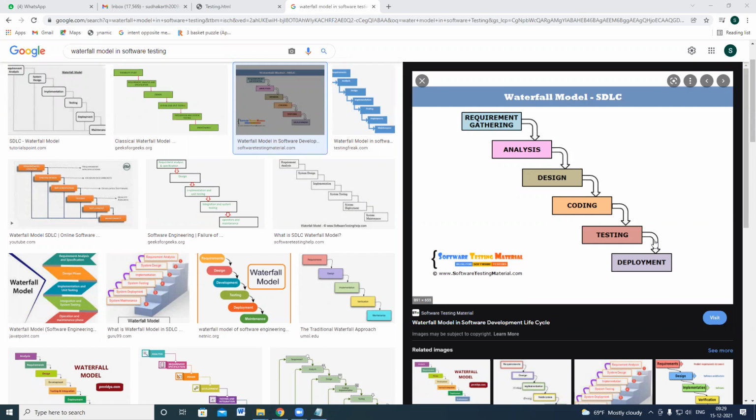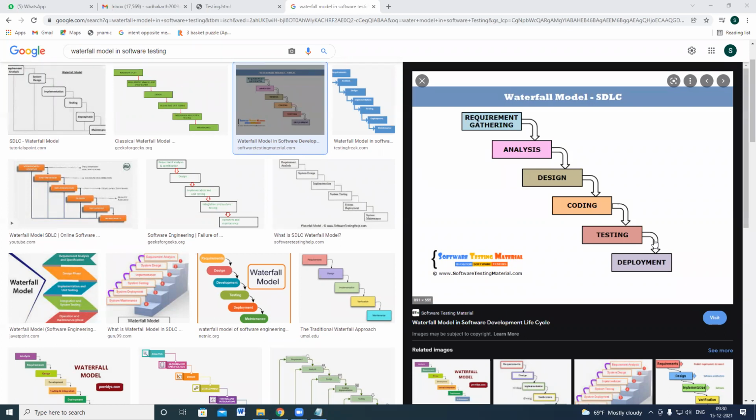Okay, if anybody asks, do you know about the waterfall model? Simply tell them it's a step-by-step approach. Until one phase is completed, the next phase cannot be started, and it is suitable for small projects only. It is not suitable for large-scale projects. When a project is developed incrementally, it is not a recommended approach, and there will be a lot of communication gaps. And whenever the client wants to change the requirements, this approach is not suitable at all. So like that, you need to come up with the points.